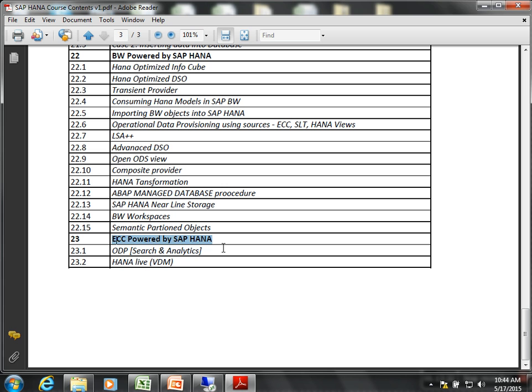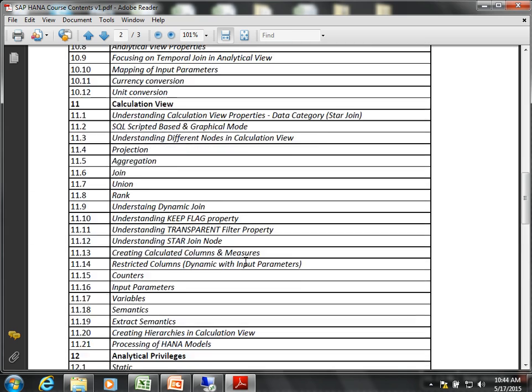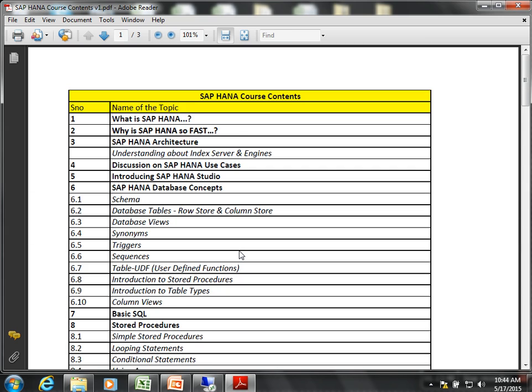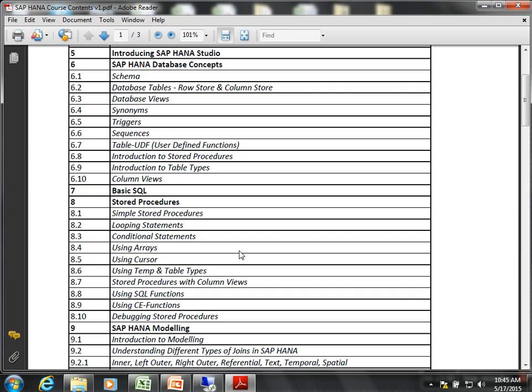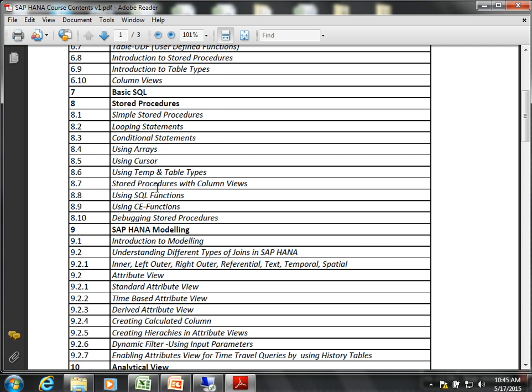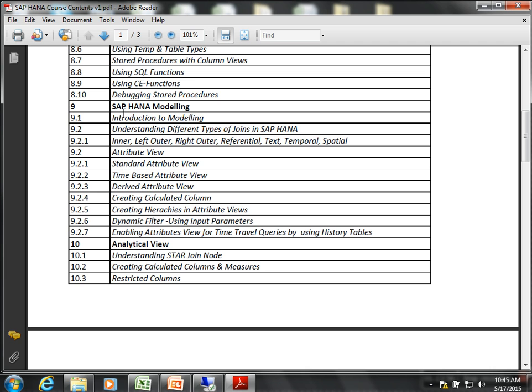Then as part of ECC powered by HANA, we're going to look at ODP extractions or ODP reporting. And then what is HANA Live, which we call the virtual data model, with private views, reuse views, and query views. So this is what we're going to touch on in this course. Majorly, you should focus on HANA modeling, which is important.